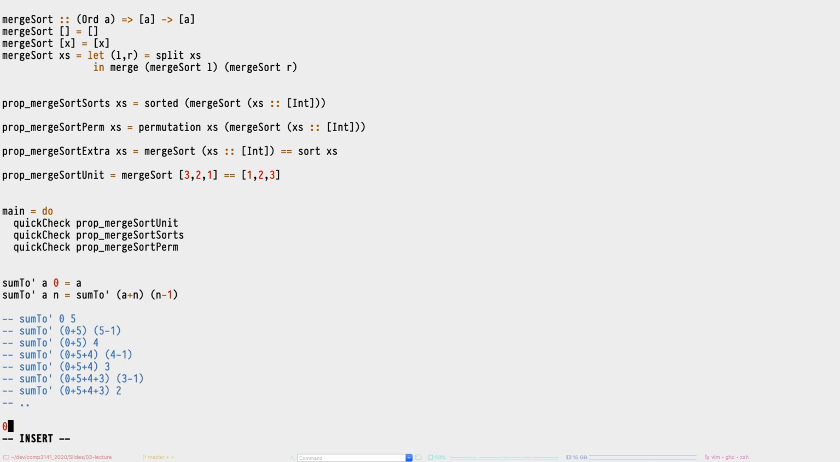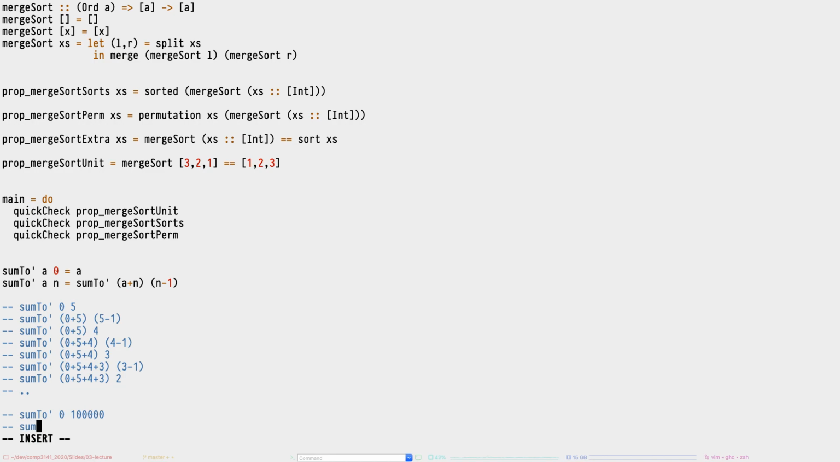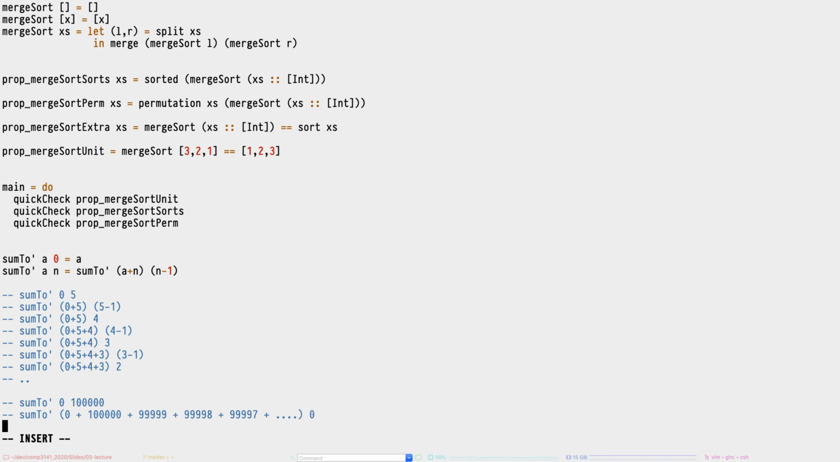And you can imagine then that if I had something like sum2 of 0 and 10 billion, right, we would end up with a very large expression being evaluated here. 0 plus 10, well, how many zeros is that? That's 100,000, but even 100,000 is a lot. We would have 0 plus 100,000 plus 99,999 plus 99,998 plus 99,997, and so on and so on, and then 0, right? And so we can see that it's never evaluating this first argument. It's just